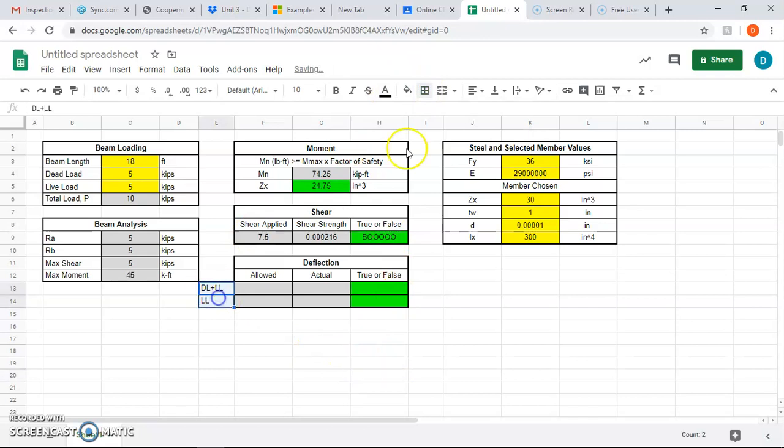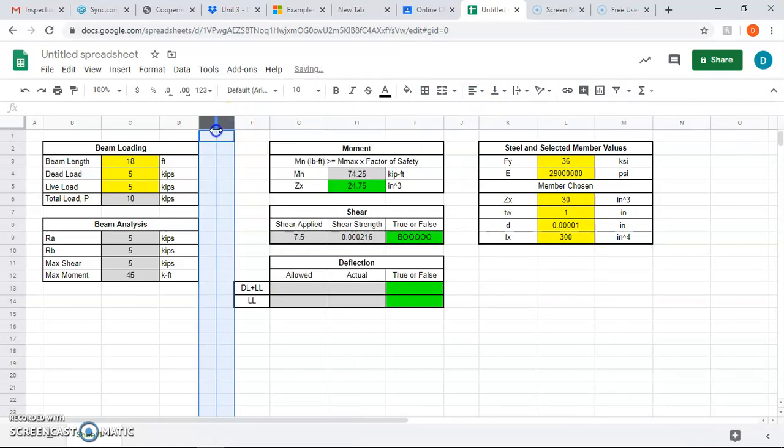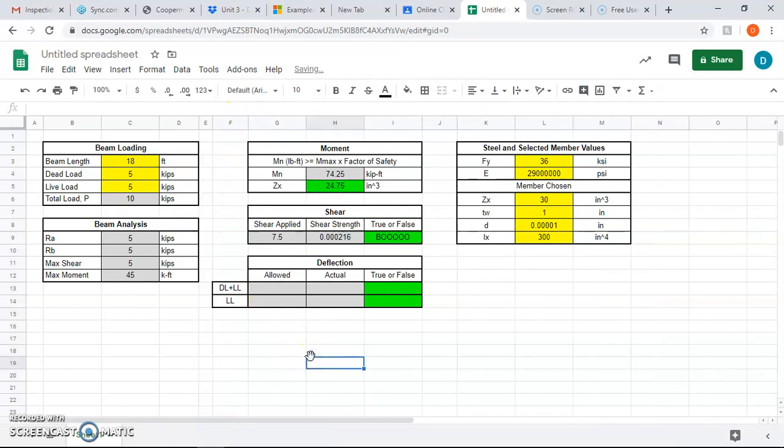Okay, I'm okay with the thick borders for all at that time. If you want, you can always add another little one to the left. Makes it look a little bit nicer. Okay. The allowable deflection is going to be